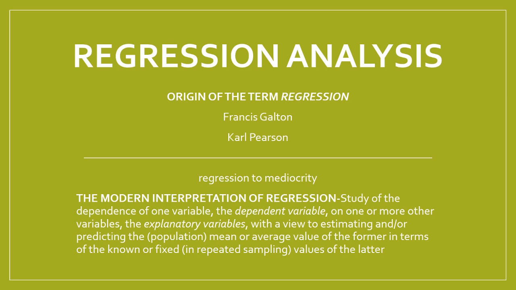That is, the average height of the children of parents of a fixed height tends to move towards the average of the population. An important finding, and therefore it is known as the law of universal regression. A lot of experiments and analyses were done on the basis of his findings, and finally his friend Carl Pearson also